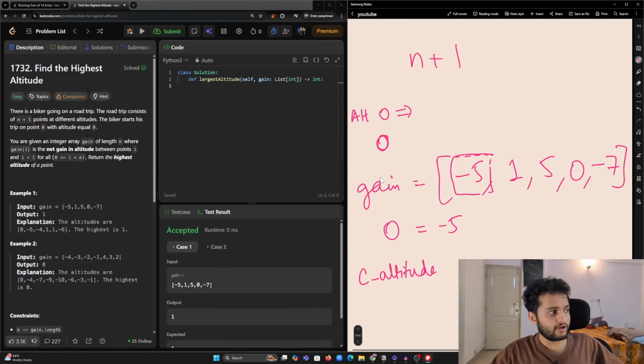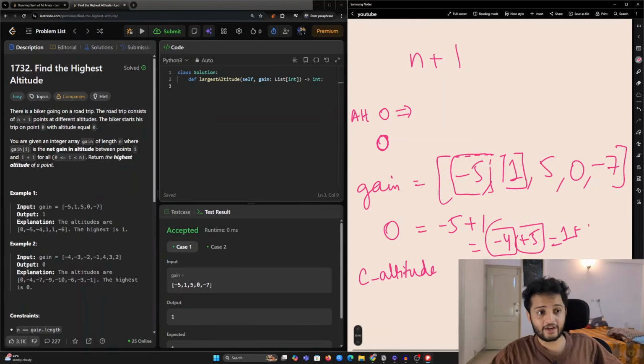Now next time, you gain an altitude of 1. So you do a plus 1, which is minus 4, right? And then you do a gain of plus 5, which is 1. Then you do a gain of 0, which is 1 again. And then you do a gain of minus 7, which is minus 6.